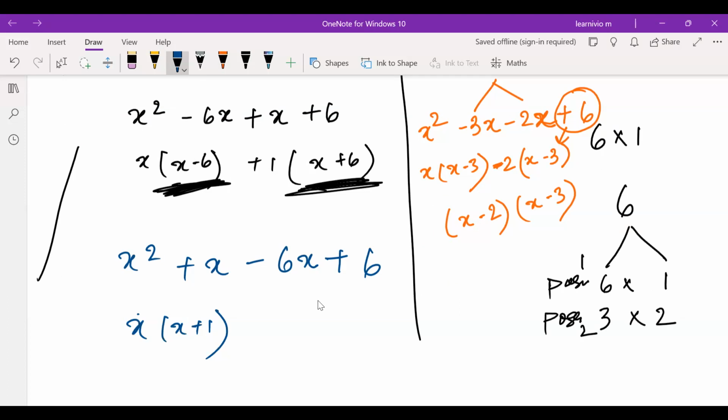And from the next two, what is common, Madiha? Ma'am, we can take 6 as common, so it will be minus 6